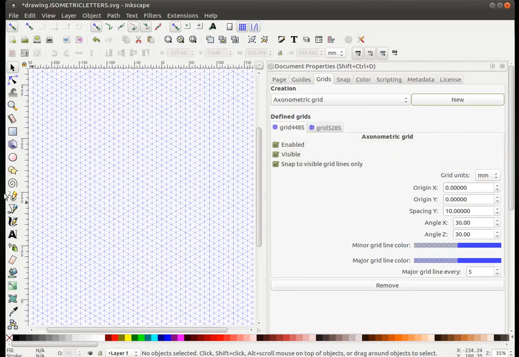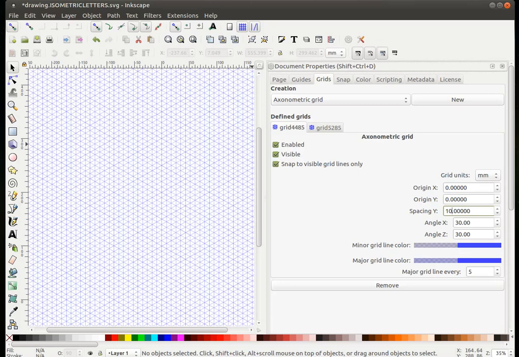quite important. As you can see, I've enabled the grid, but apparently they are too small, so I'm going to increase the spacing to 10 millimeters right here. I'll advise you to change your figures to look like my figures right here, because I think this has the standard units for Inkscape.